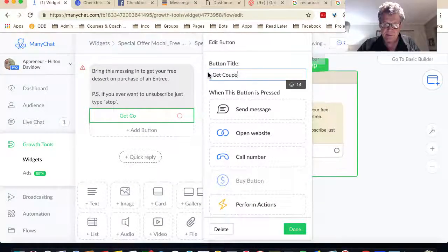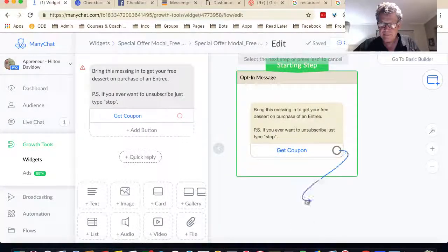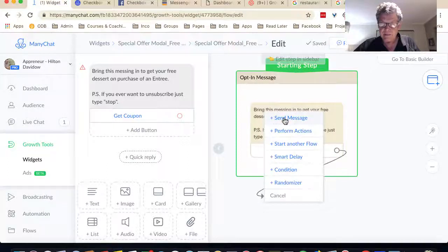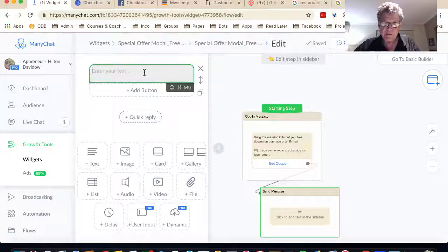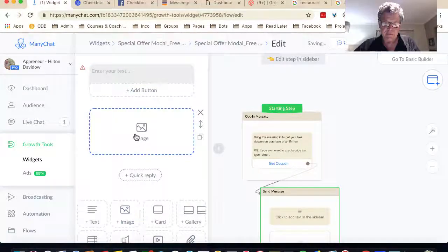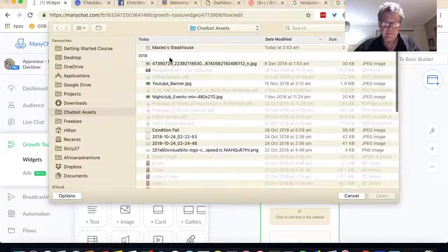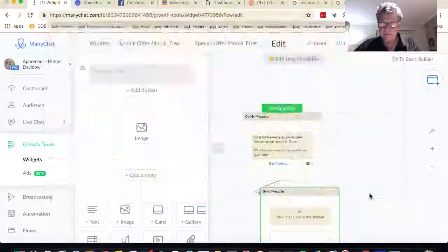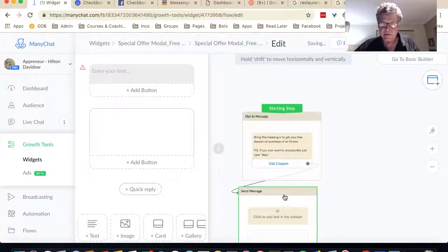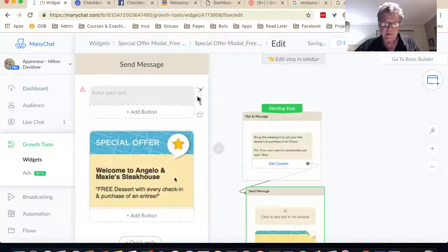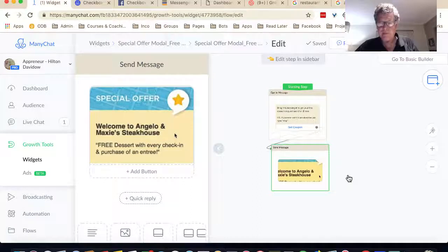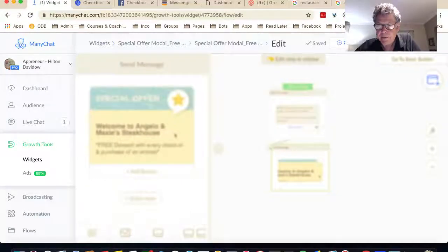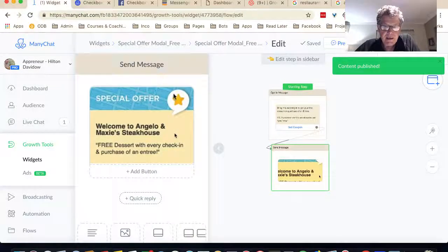Get coupon, done, and then I'll do send message again, get this image, and that's loading up there, get rid of that. Okay, so I'm not going to do more than that. I'm going to publish that